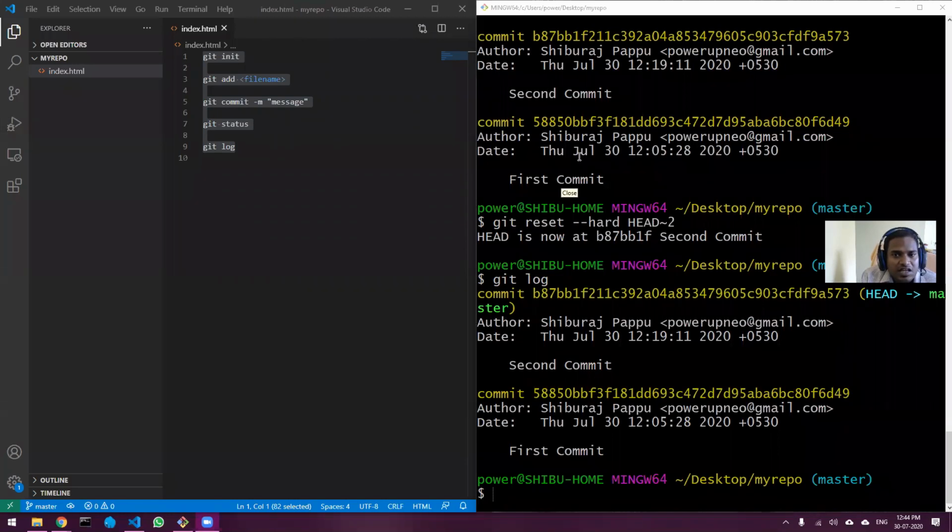There are also GUIs for this that we are going to see. In fact, you can see this symbol in Visual Studio Code. It is actually for source control. We can use this instead of the command line to do all these things. But we will see that later. Right now we are going to study the command line part only. All these things can be done much more easily by using GUI.